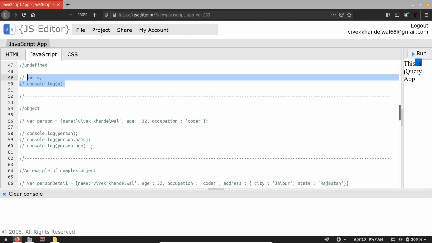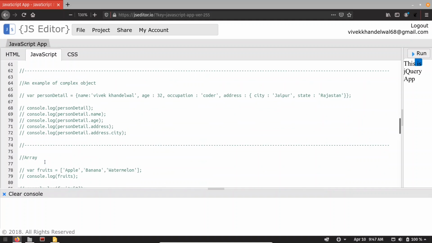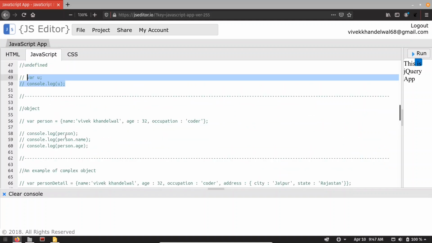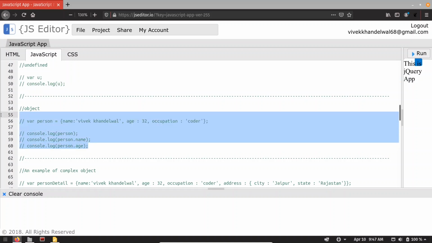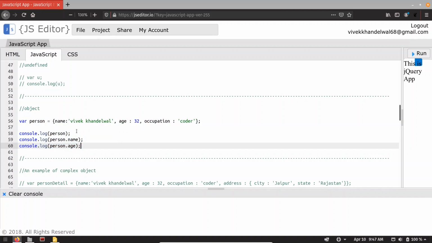Now let's talk about the reference data types. There are two reference data types available in JavaScript. One is object and the second one is array. So let's talk about object. Let me uncomment this code. You can see I am creating one variable, person, and person can contain many attributes like name, age and occupation.